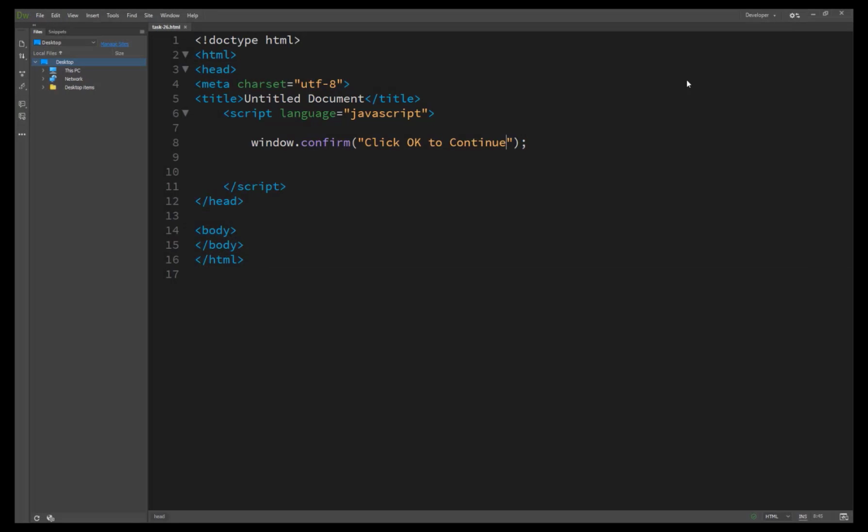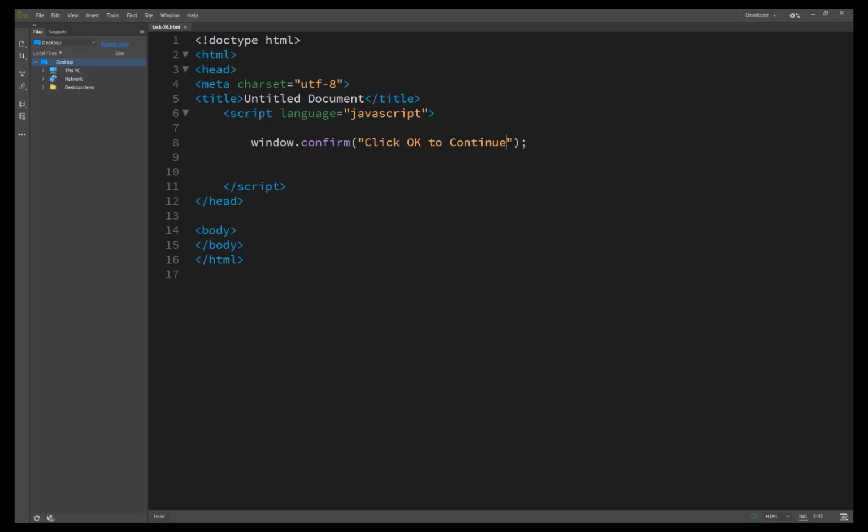But how do we see the result from our dialog box? Basically the dialog box confirms from the user whether the condition is true or false. The dialog boxes created by the window.confirm method are quite generic and clearly indicate that they come from the current web page, whether in Internet Explorer or Firefox or something else.